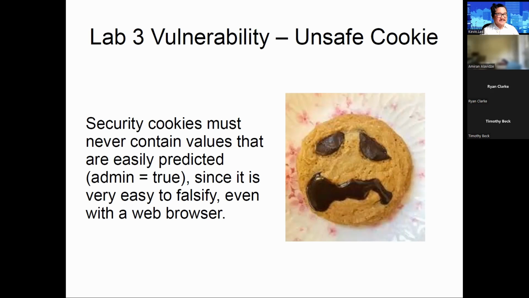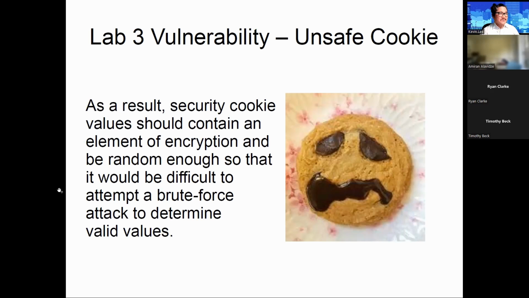You don't need any special tools. You don't even need Burp Suite to modify cookies. You just need a web browser. As a result, security cookie values should contain an element of encryption and be random enough so that it would be difficult to attempt a brute force attack to determine valid values.